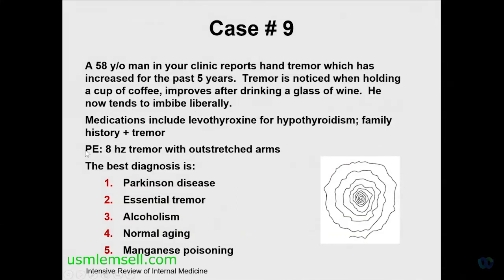And then on his physical exam, he has a relatively high frequency tremor with outstretched arms. And then you can see his Archimedes spiral. So with action, you can see evidence of his tremor as well. So the best diagnosis